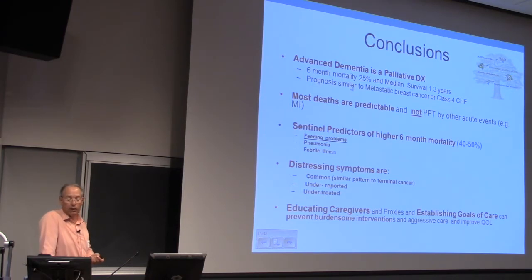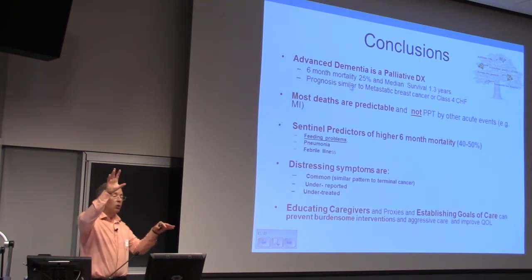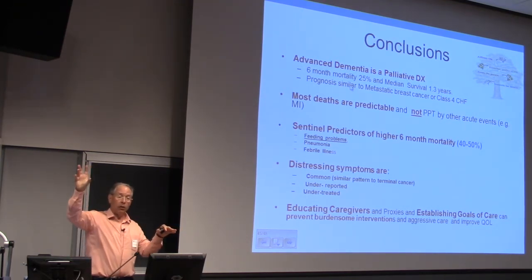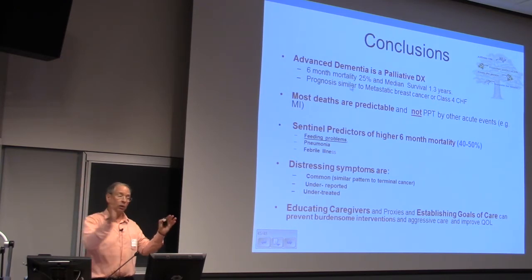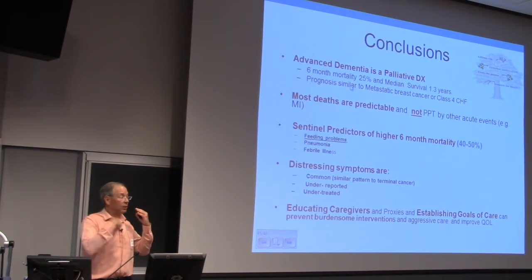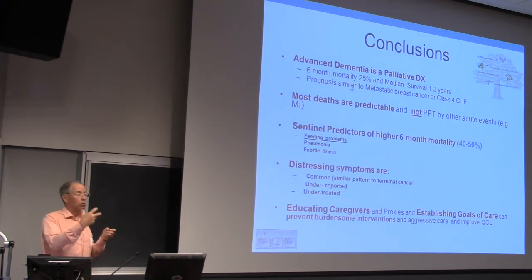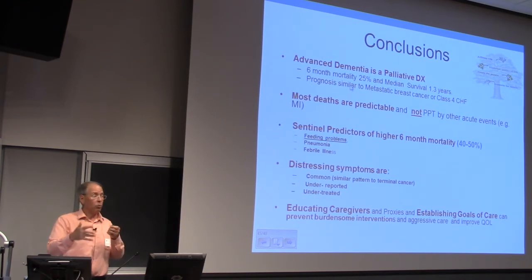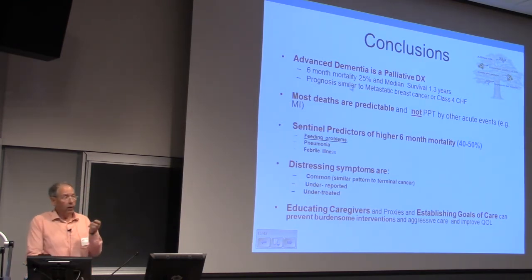And the third point is that if you can remember these 3 sentinel predictors of 6-month mortality: once someone needs to be fed, and we're not talking about people who need to be fed who are mentally with it, or early on, or they have MS or something like that. We're talking about people whose MMSE is 5 and below, where their brain is at the point where it cannot get the signals to their throat anymore, right? Those are the people we're talking about. So not everyone who needs to be fed has a prognosis of 6 months, median survival 1.3 years. But if you do have advanced dementia and you have a feeding problem, pneumonia, or febrile illness, that's something you can then go back to the family and say, we need to talk about what the next steps are going to be.